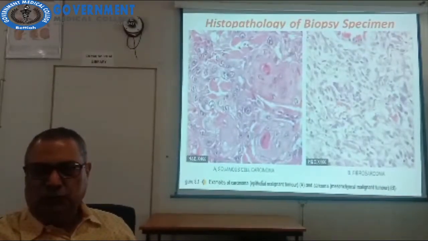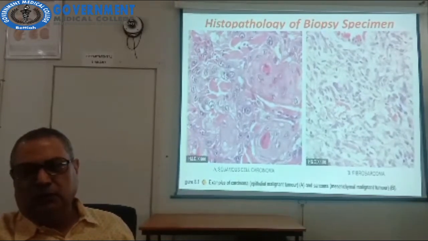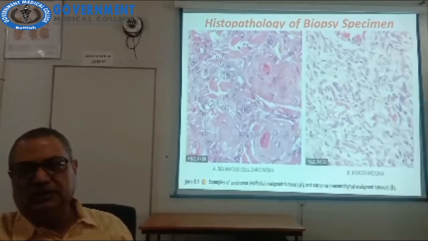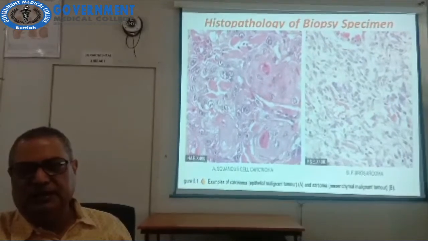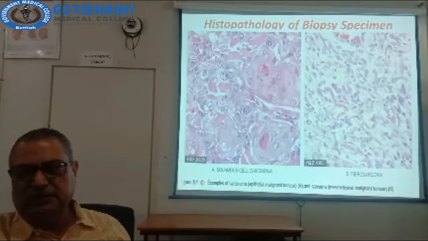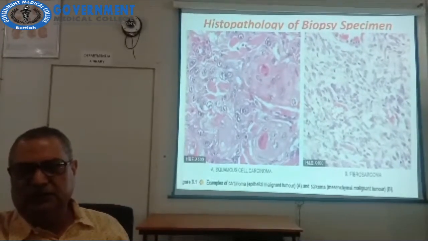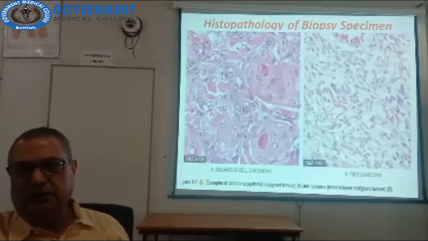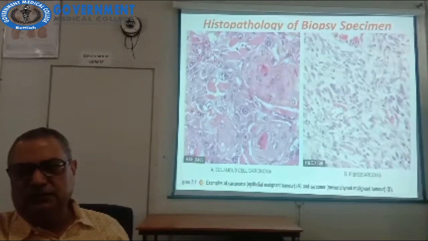This is the tissue showing squamous cell carcinoma. Cell nest is there, abnormal cancer cells are there, hyperchromatic nuclei, and there is variation in cell size and shape. Some cells are small, some cells are large, some cells' shape is like this. So there is variation in shape, and hyperchromatic nuclei are there, the nuclear prominence, and in the squamous cell carcinoma